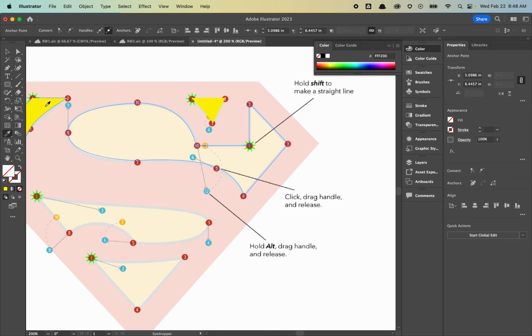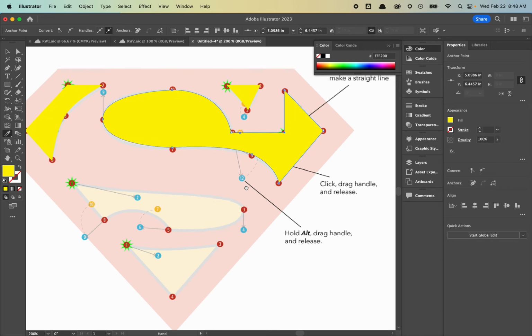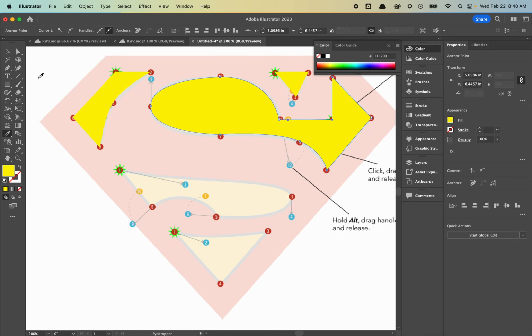All right, press I to select that color fill. I've got that perfect negative space part of the S. I've got 2 more shapes that I need to do. Click and drag to here. Now notice right here, this one, if I start, I don't want to have that extra handle on the left-hand